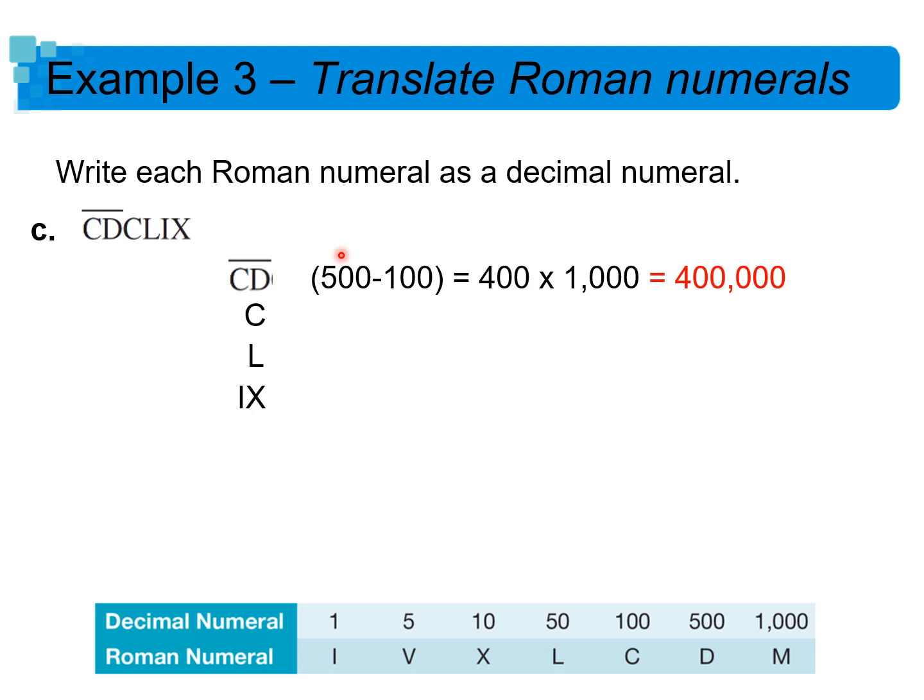And then the bar on the top means that I have to multiply it by 1,000. So 400 times 1,000 gives me 400,000. All right, so hopefully that makes sense. And then C is by itself, so that's going to be 100. L is by itself, and that's going to be 50. And then IX is going to be 10 minus 1, which is 9. So then you add all of those up, and you get